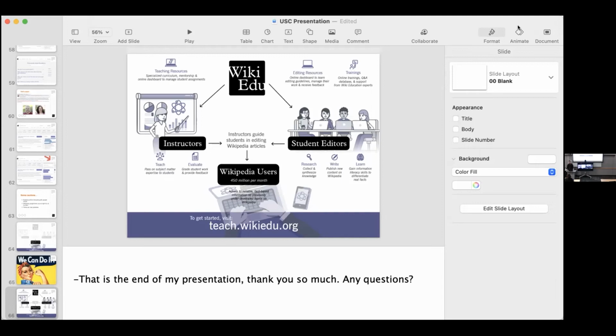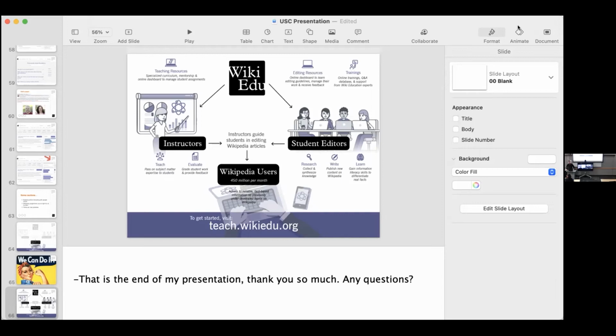What we tell professors from the beginning, and we tell them to convey this to their students, is that having your work reverted is not the end of the world. It's how Wikipedia works. When work gets reverted, all it means is that another editor came along and, for whatever reason, didn't like the contribution and reverted the article, for people who don't quite understand the process, to the previous version.